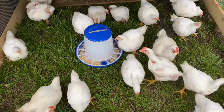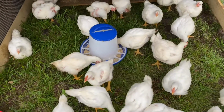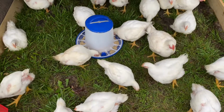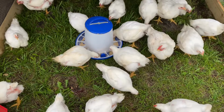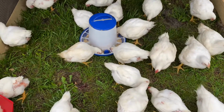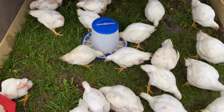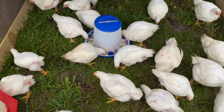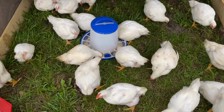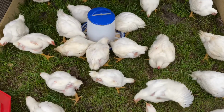It's been raining a lot, so I've had their chicken tractor covered with a tarp to keep the rain off of them, but still moving them. I'm moving them 3 times a day now. And these guys definitely like eating the grass way more than our last batch. Maybe it's a different time of year, or who knows, but these guys are enjoying the grasses. They have also feathered much nicer than our last batch, but they're eating a lot less. So I think we're much happier with this batch, but we're probably going to have to go to 8 weeks